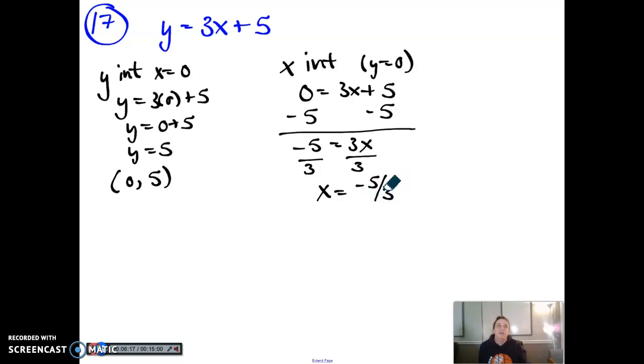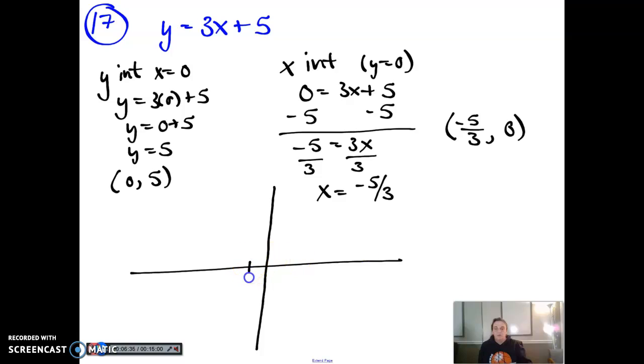This was the only problem on the assignment that was a non-integer intercept. I think that just made students think that something was wrong, and it's not. That actually is the correct answer. And that's okay. There's no rule that says it always has to cross right at a line. The intercept is negative 5/3, 0. That is correct. So just to show you, if we were going to graph that,